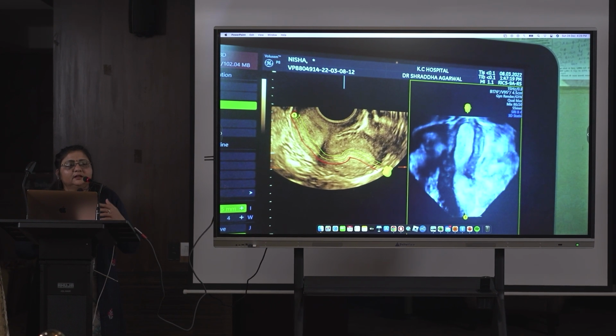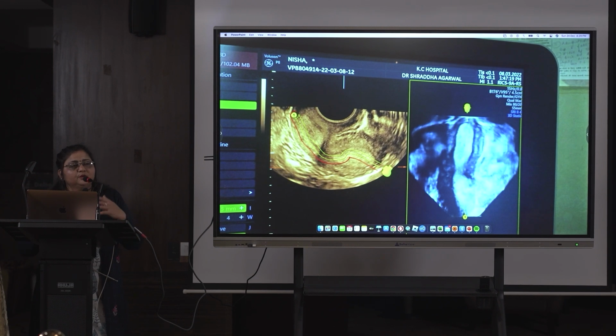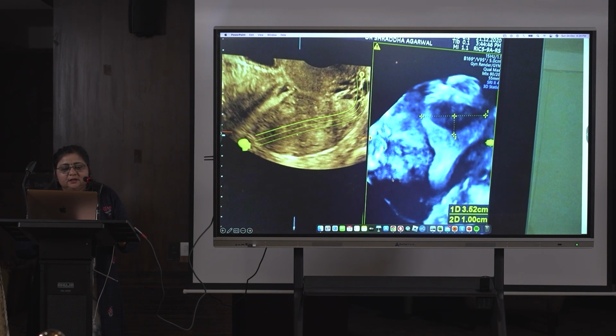It's not that pregnancy will not happen; they also get pregnant very well. But then we have to take care, because the cavity is small, so the fetus has to expand. So RPL and all those things, second trimester abortions, should not happen. So we have to carry the pregnancy over with care. So this is the next case.